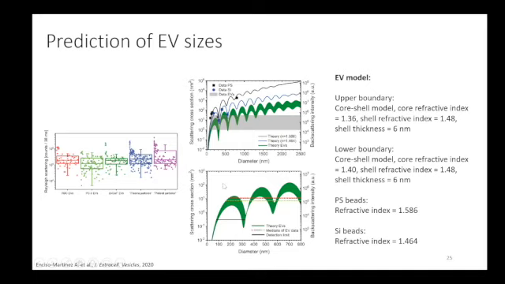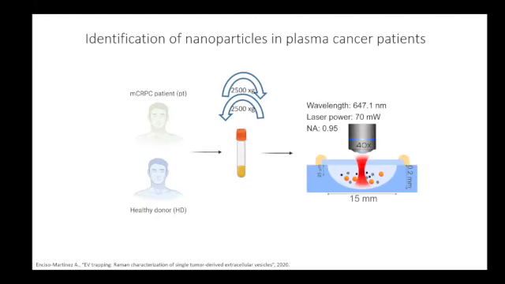What's important is still to see the limitations of our setup in terms of the size of the particles that we are trapping. The next step was basically to go and characterize and detect particles in the plasma of cancer patients. In this case, we did a small pilot study on metastatic castration-resistant prostate cancer patients, and compared those particles that we trapped from their plasma with healthy donor plasma. So we again isolated the plasma, and then we did the optical trapping and Raman spectroscopy.